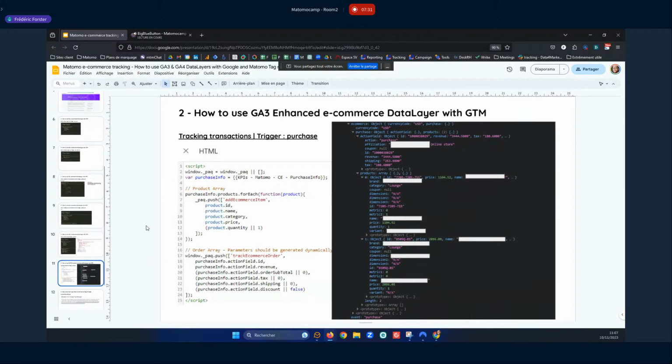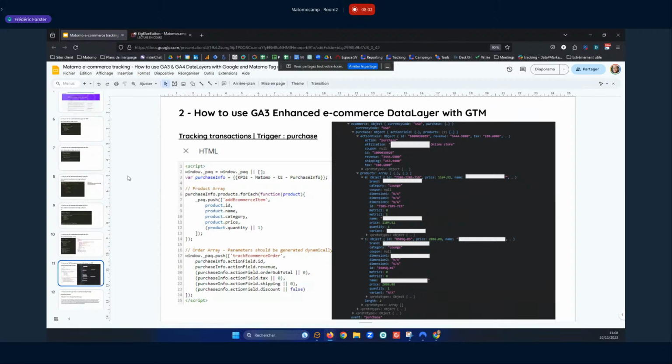The other situation is really when people have something in place for years and it's a GA3 data layer, then they don't want to rewrite stuff, and they just want to reuse what's already in place. You can as well use this particular tracking code, custom HTML, to fire your purchase.